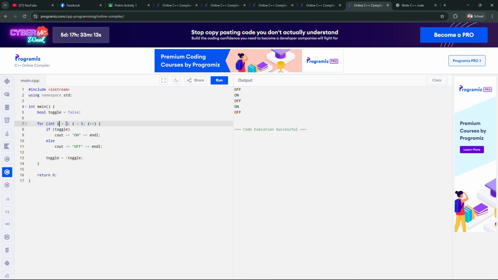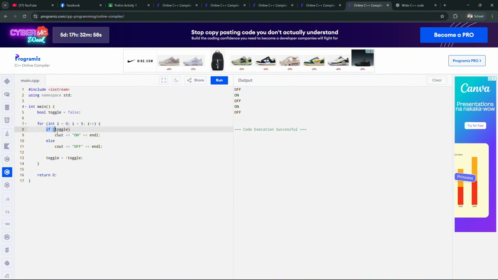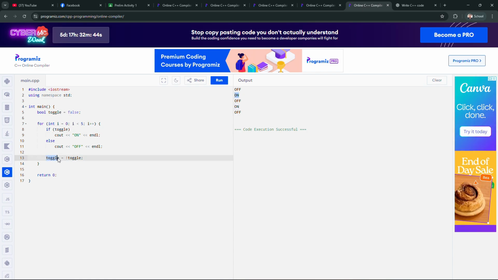So the I becomes 1, so 1 is less than 5, so it will be incremented to 2, and then remember that our variable toggle's value is true, so this will output on, so that's why this is on, and then it will flip the value to false.